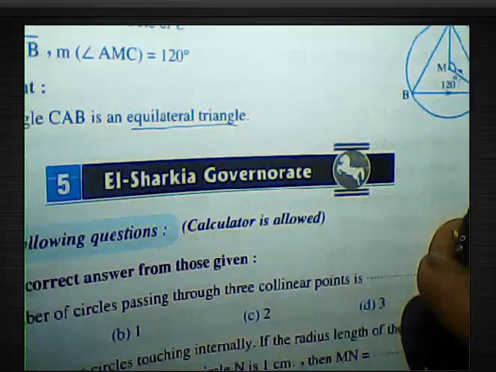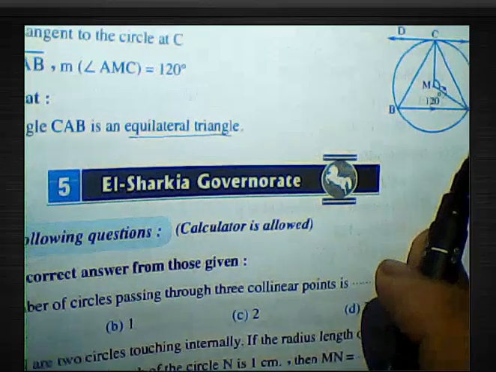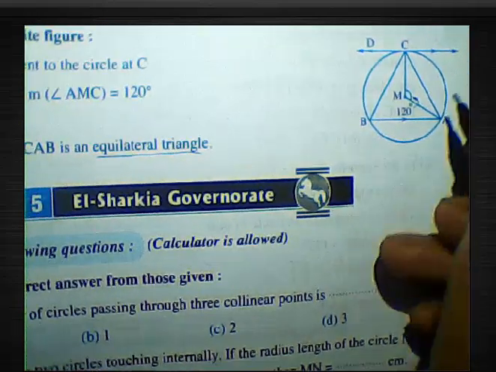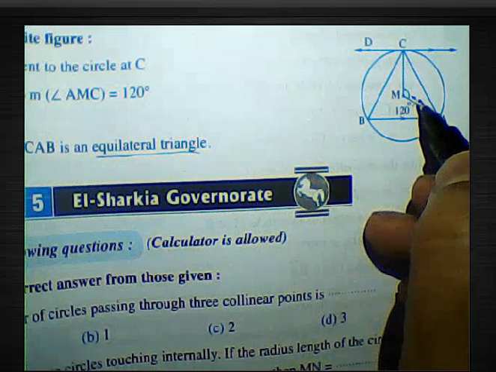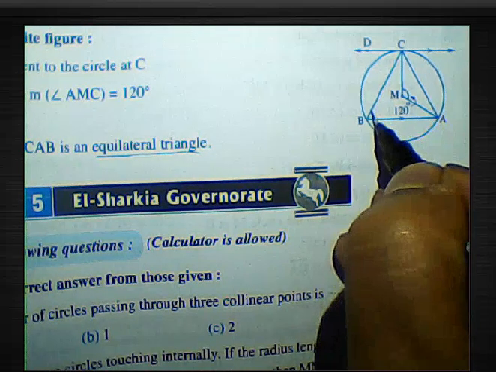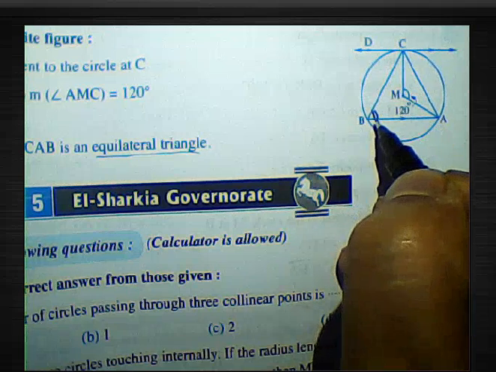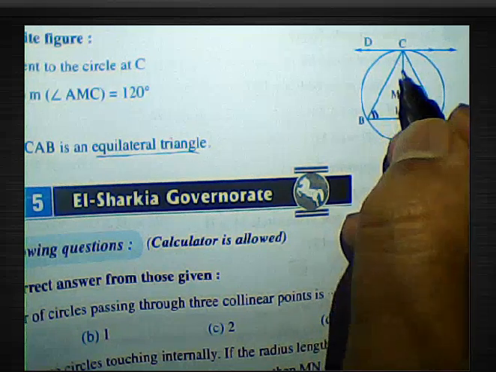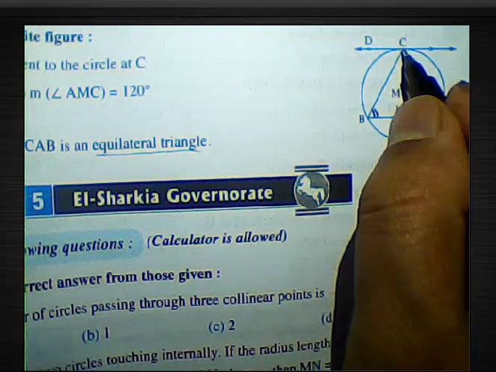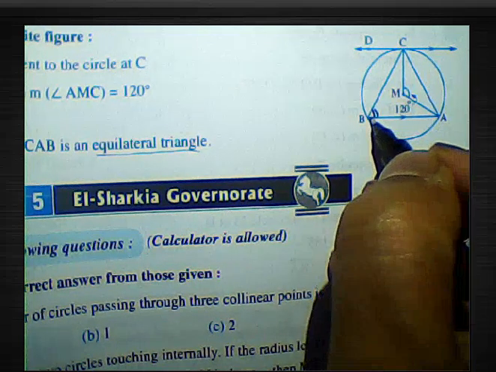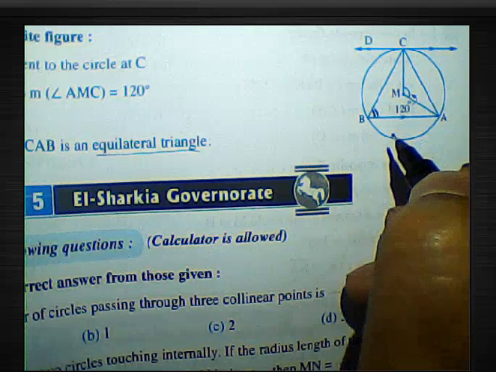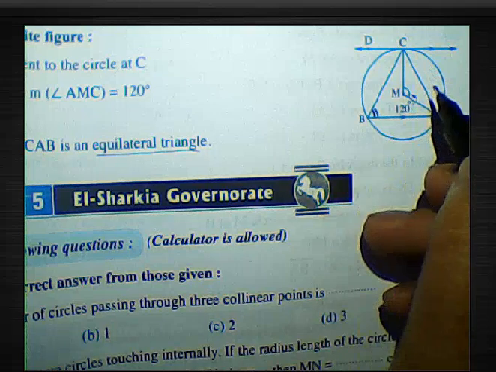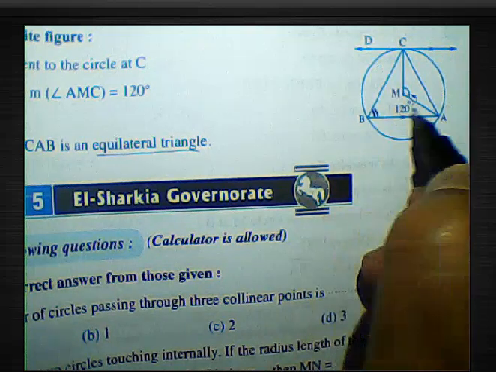It's very easy, my students. Do not worry about the triangle, because we have the tangent. This angle equals 120, and we have an inscribed angle here. This angle will be 60 degrees, half of 120, because CBA is drawn on the arc CA. The measure of angle B is half the measure of angle M. And we have here two